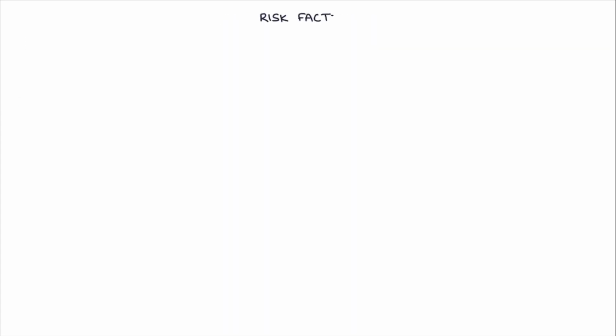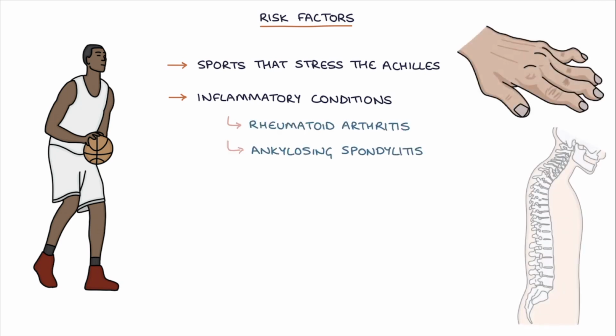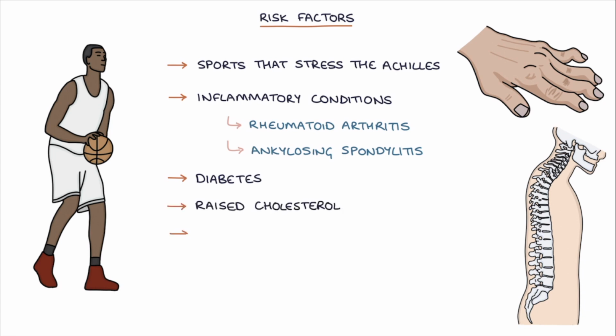Let's talk about the risk factors. A big risk factor is sports that stress the Achilles tendon, for example, basketball, tennis, or track athletics. Other risk factors are inflammatory conditions, for example, rheumatoid arthritis and ankylosing spondylitis, diabetes, raised cholesterol, and fluoroquinolone antibiotics, for